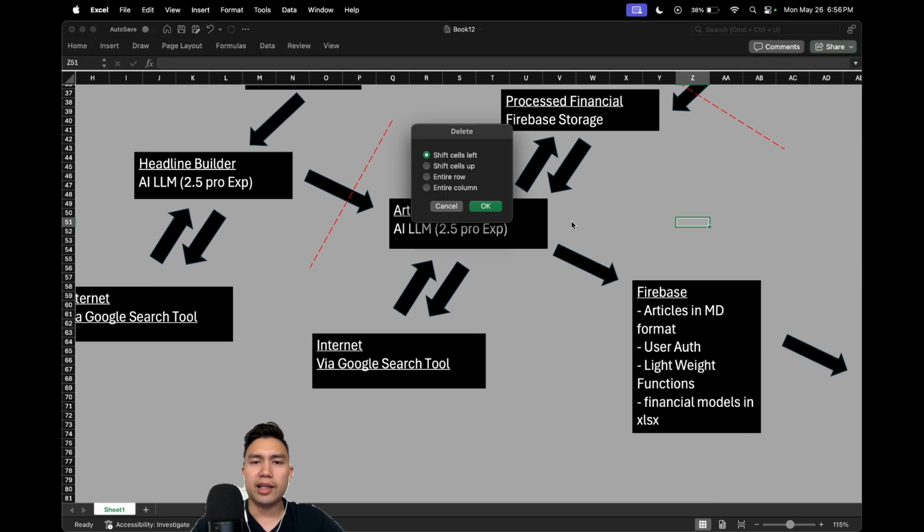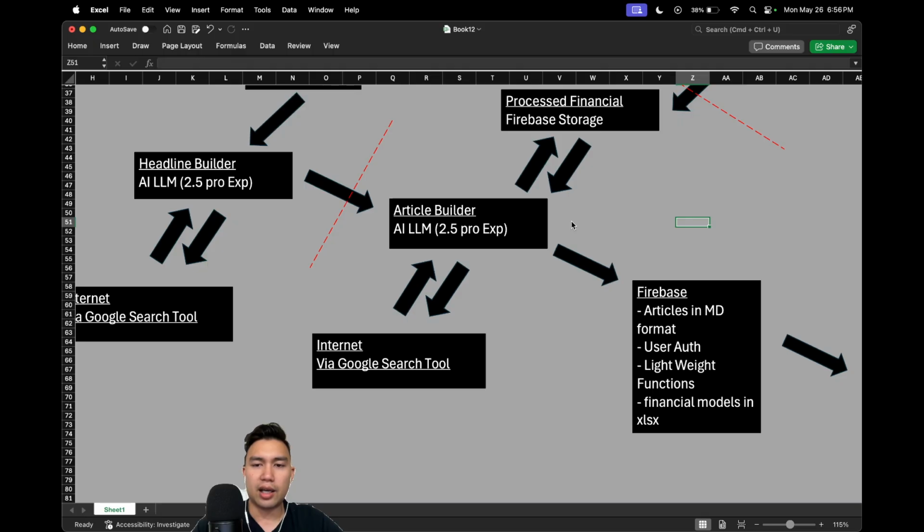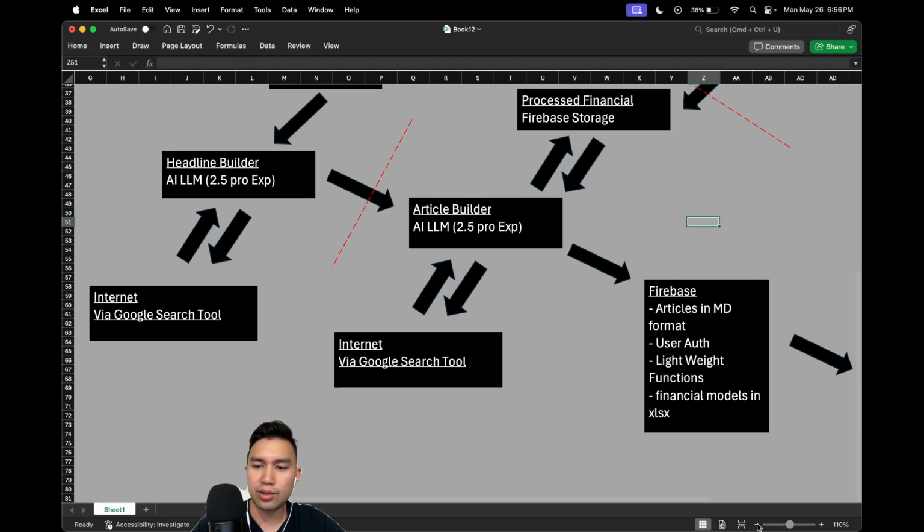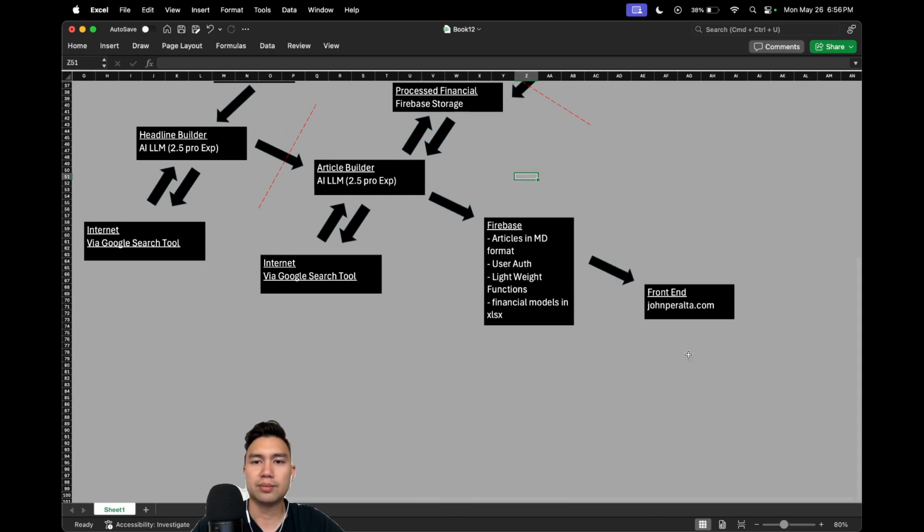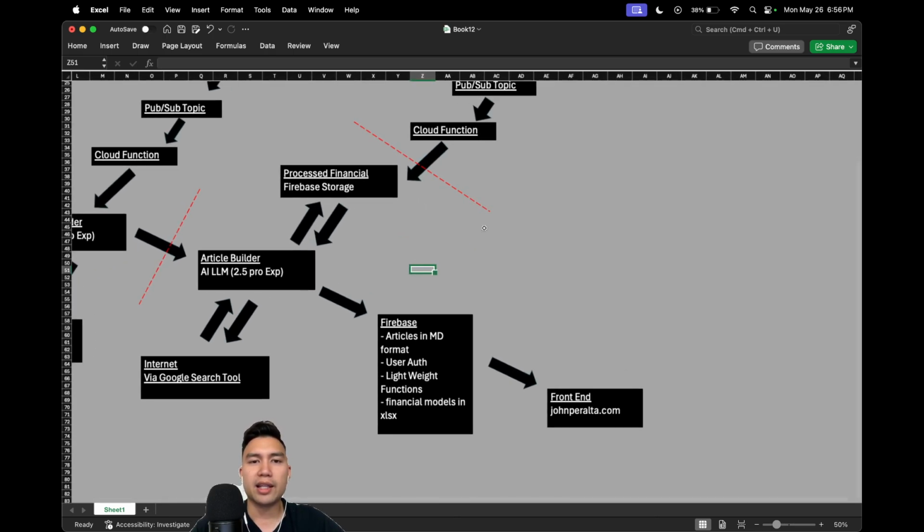Yeah, I think the next thing that people want to see. Wait, you can't. There's no command. You can't make this smaller. Okay, but yeah, I think the next thing